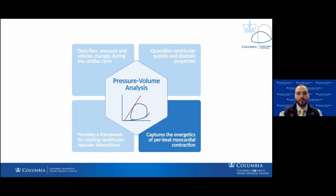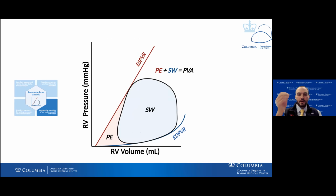And then we also use pressure volume analysis to understand the energetics of myocardial contraction. This diagram illustrates some of the indices that we can measure from the pressure volume loop. So the stroke work, or the SW, is the area captured within the pressure volume loop, and that's basically how hard the ventricle has to work to eject blood. When you combine that with the potential energy, which is the area outside of the loop but bound by the end diastolic and end systolic pressure volume relationships, you can sum that to get the pressure volume area, or PVA. And PVA is important because it is directly and linearly related to myocardial oxygen consumption, which is an important